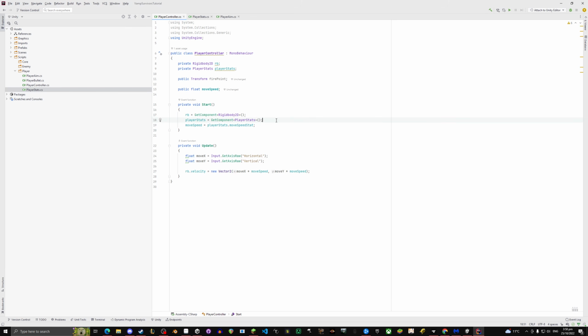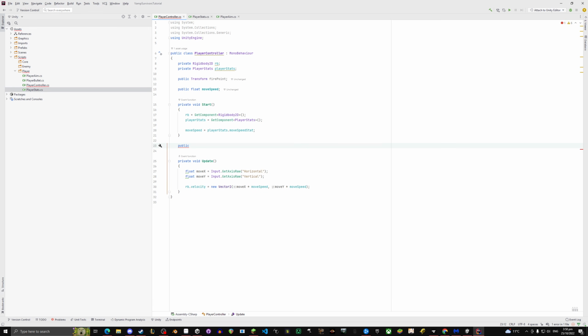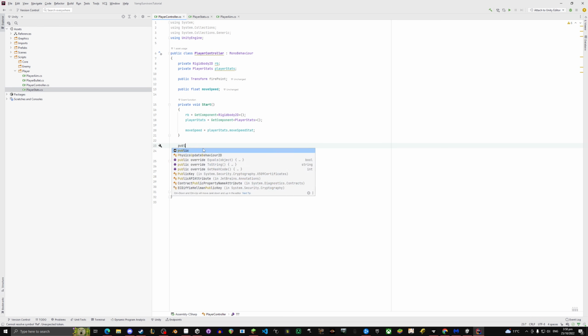Now we're going to change one thing quickly, and that is this. Any stat things we are doing should be in its own function because it's going to have to be reset every time we change something. So let's say if we select an upgrade or something, we're going to have to change it. So actually I won't make this here. No, I'll make it here. So we'll make a public void